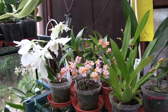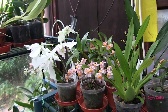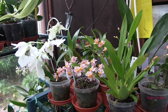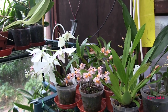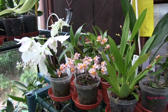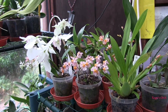Okay, so that's the Cattleyas and Tolumnias section, and those will stick together in subsequent progress videos. There's some interesting choices in there. You know, there's a rescue, there's some brand new plants, there's some non-bloomers. It's a good variety in there, and I hope it represents the particular set of plants. I mean, obviously I don't want all the Tolumnias included, but I've picked two diverse ones, and with the Cattleyas we've got a rescue in there, we've got a non-bloomer, so hopefully it makes for an interesting set and